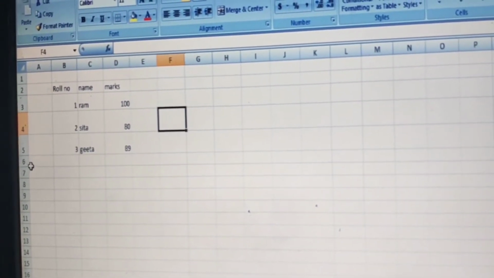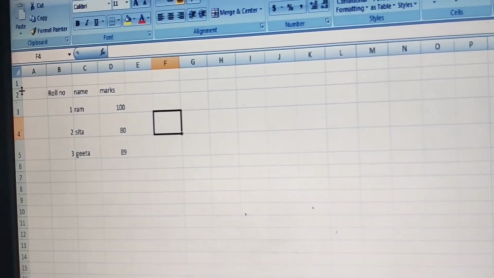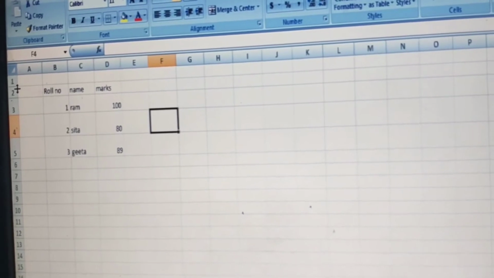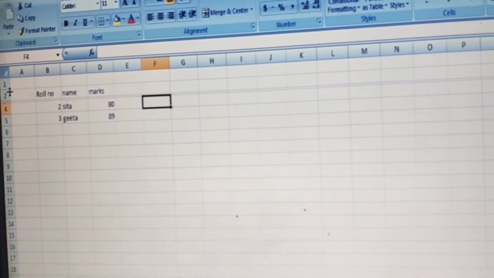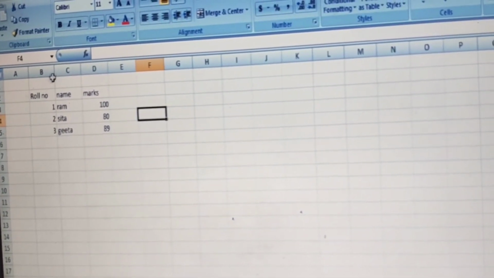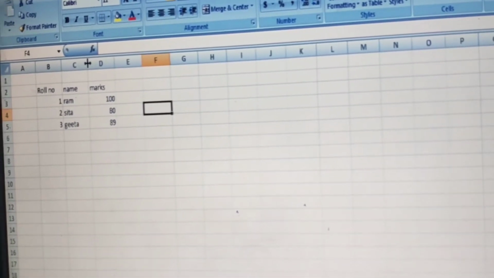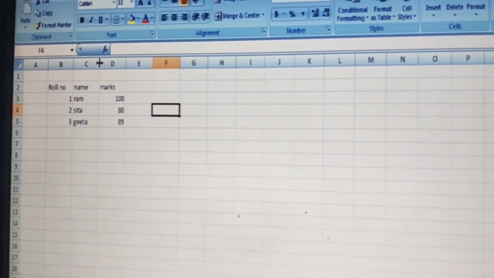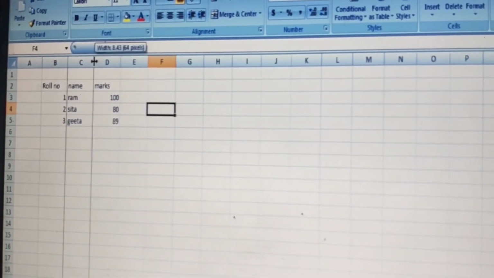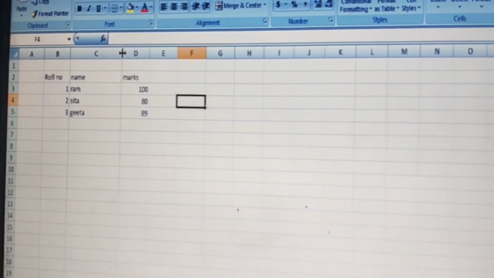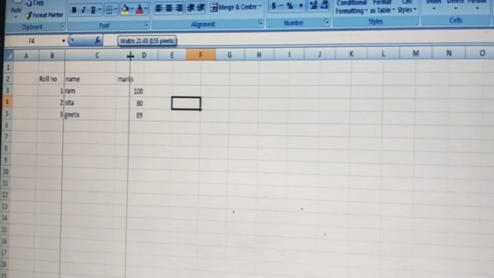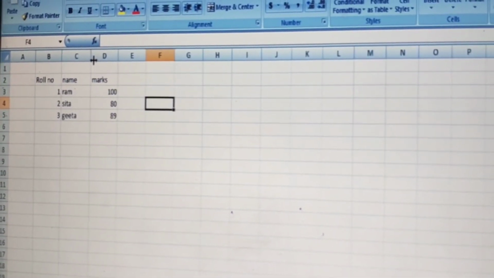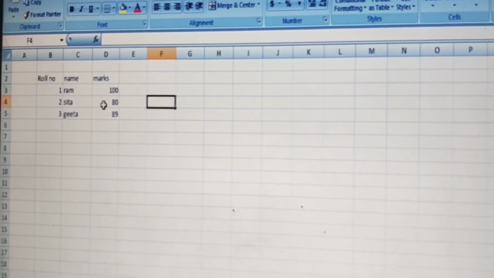By default, the row height is 15.00. And if you want to change the column width, for that also you need to keep the mouse cursor in between the columns and drag it as much as you would like to have the column width.